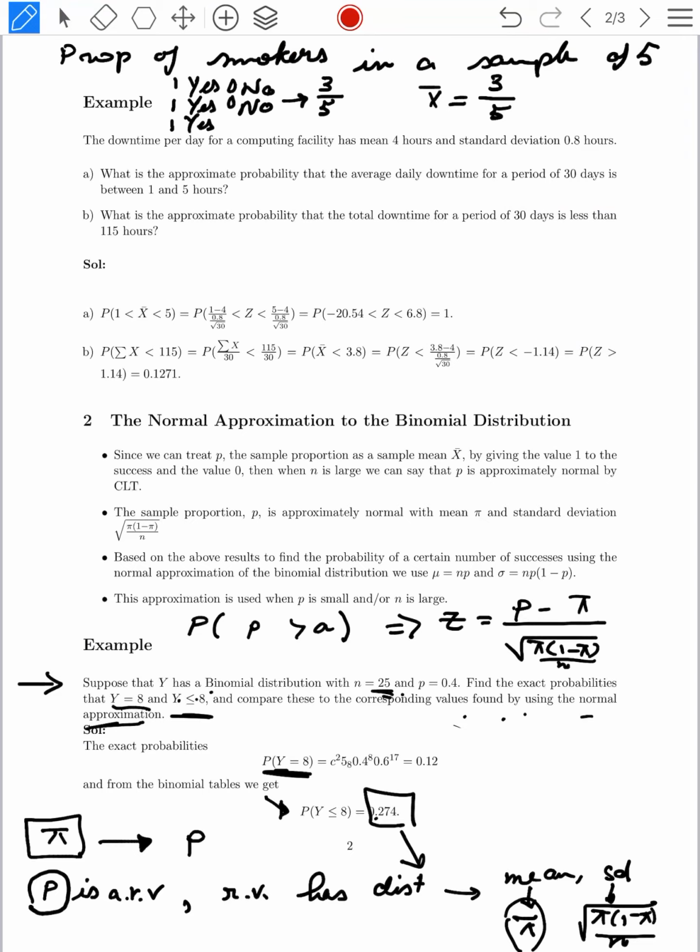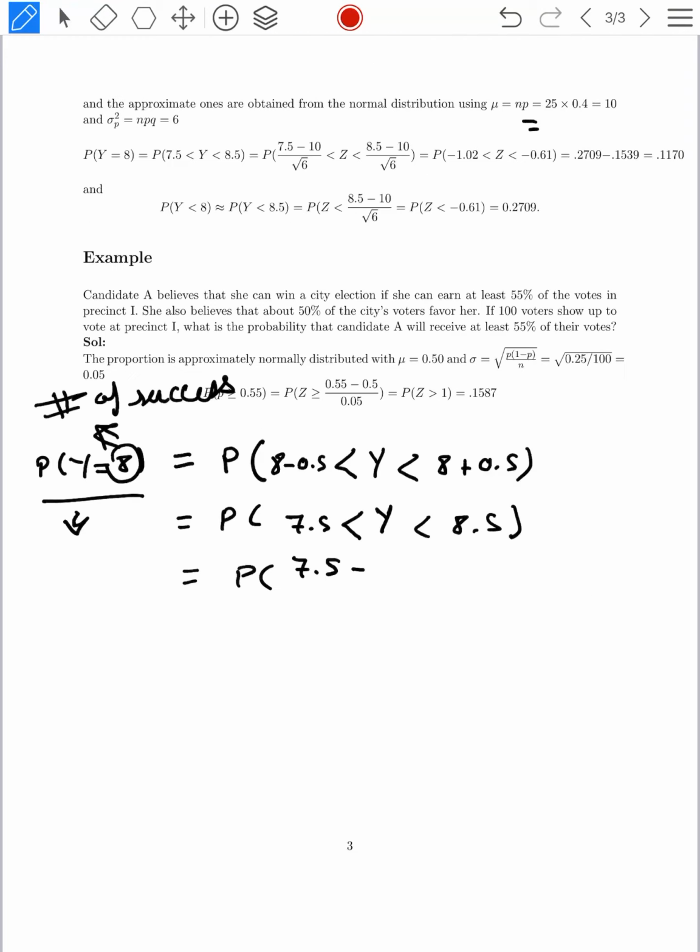I know that n is less than 30, but they ask you to use the approximation when n is 25. So it's going to be 25 times 0.4 divided by